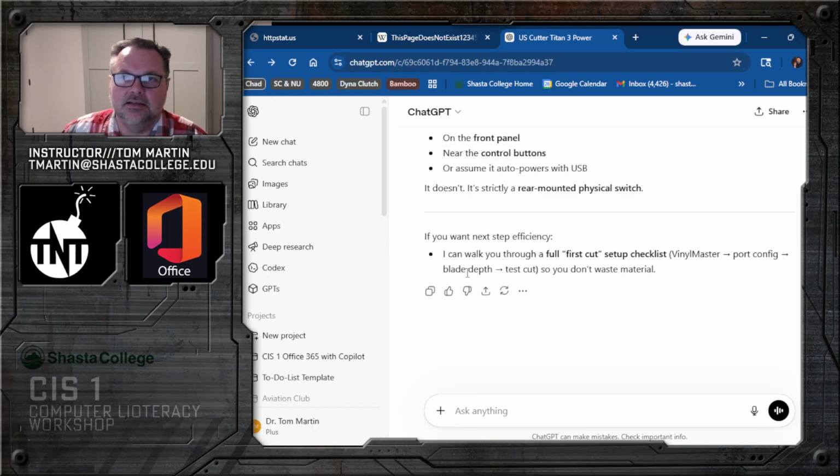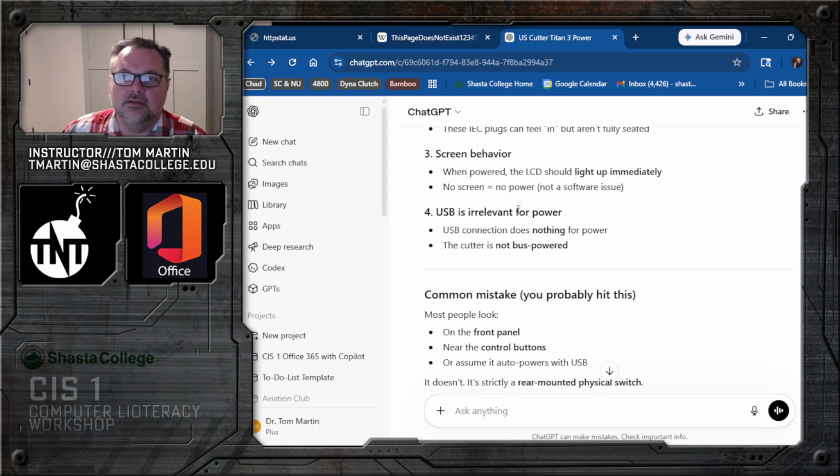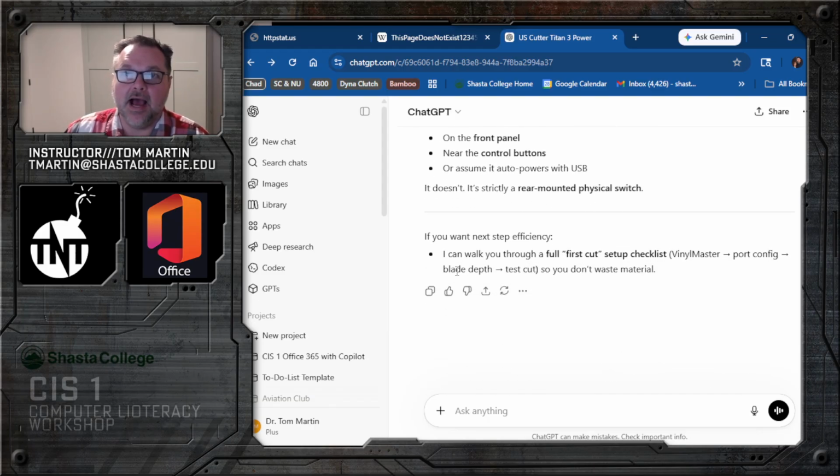process, and then it says, okay, now what's the next step? I can walk you through how to do your first cut with vinyl cutter. I can help you set it up, give you a checklist, teach you how to do blade depth, which is like how to set up your blade the first cut. That way you don't waste material. So now it's given me even more information than I asked for. Super useful. Okay, and if I go to my vinyl cutter over here,